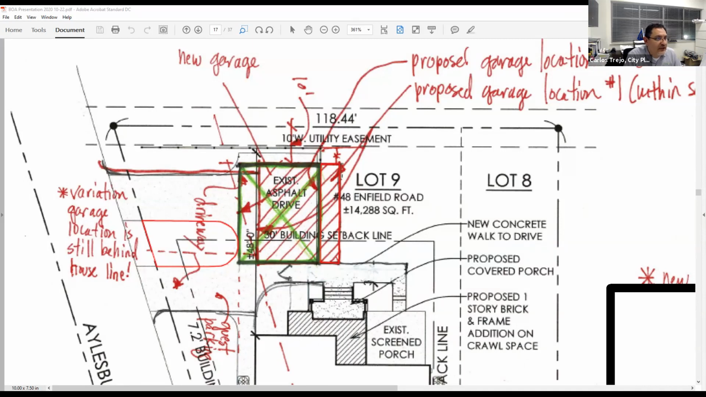Correct. Chairman, if I can answer that? Yes. Just so I can understand why this 5-foot encroachment on the variance, what are the real issues that this could pose? Well,